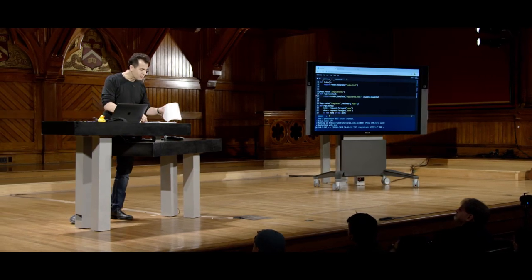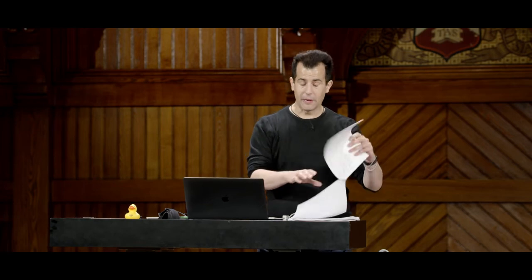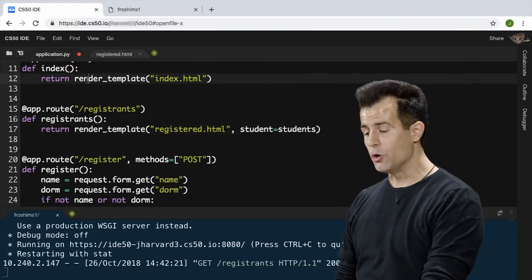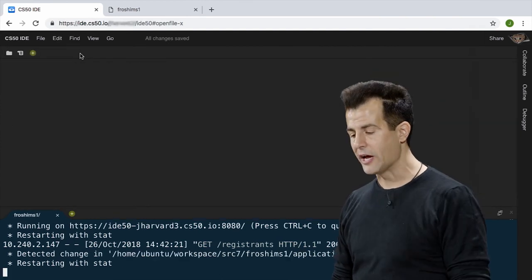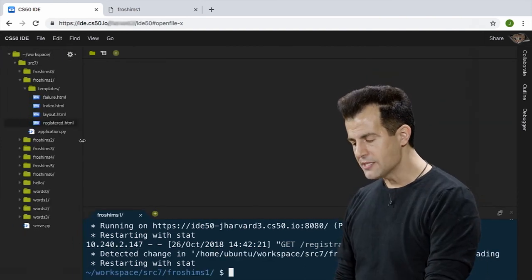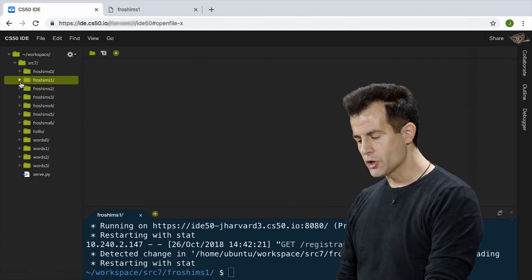I actually did something that was a little fancier. So at the time, I didn't really know, at least in 1997, anything about databases. I don't think I even knew about CSV files just yet, or at least how to create them dynamically. So I instead took this approach. Let me go into frosh.ims 2,